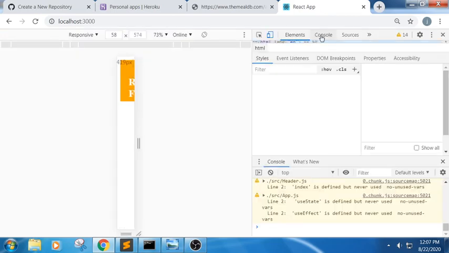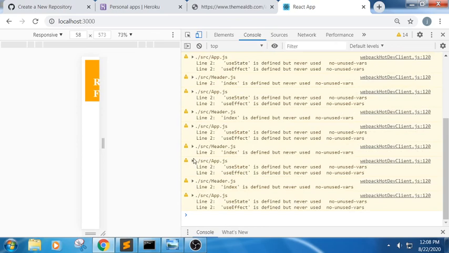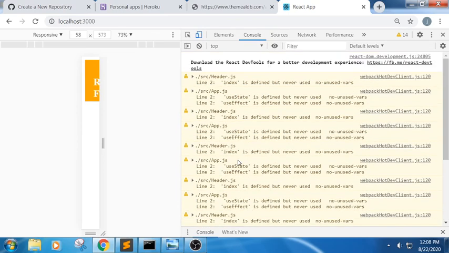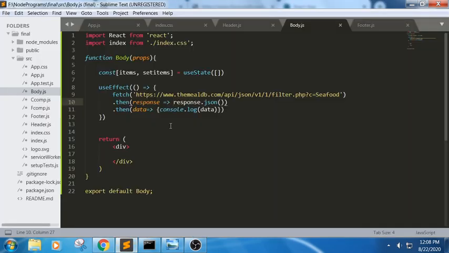Inspect, console. Where is our object here? Did we get any output here? No output. In this we are trying to retrieve. But before trying to retrieve, let us echo this. Let us see whether it has been retrieved or not. At least let us see the length of it first. Number of items dot length. Anyway, whatever data has been stored, it will be stored here. So we are retrieving the length of it.